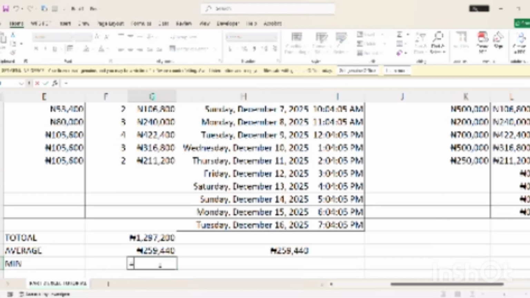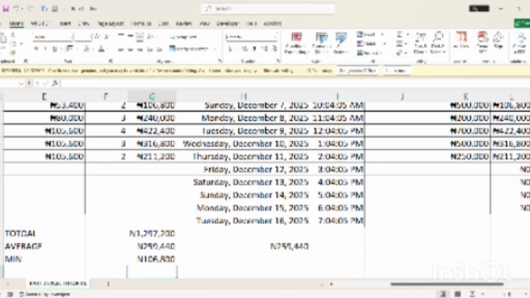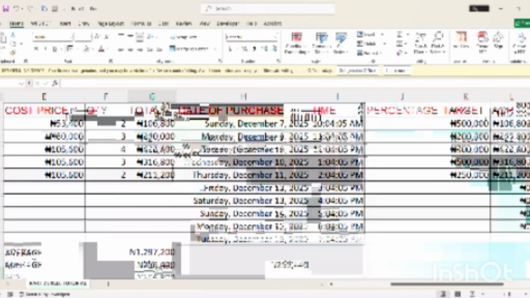The lowest amount that I sold that day, minimum equals min. I open the bracket, click here on what I sold that day, and click on enter. You can see the minimum. Look at it. It's showing me that the lowest amount that I sold that day is